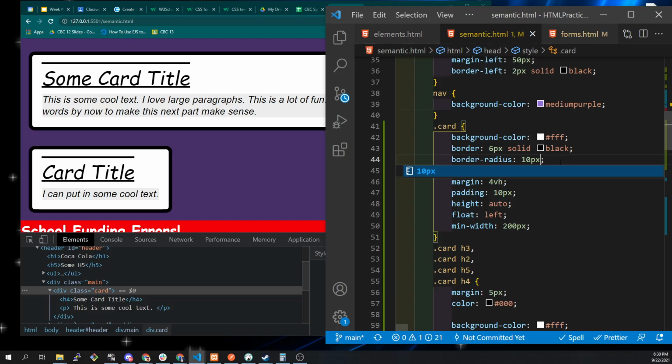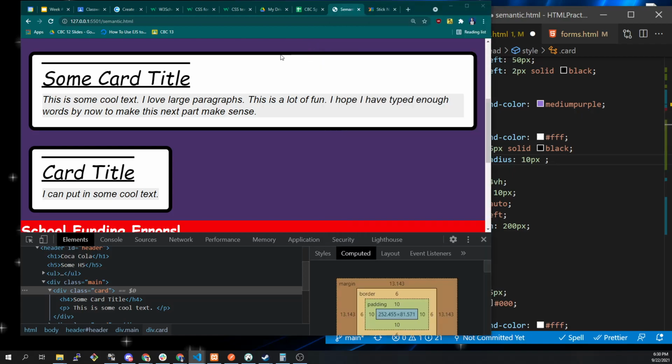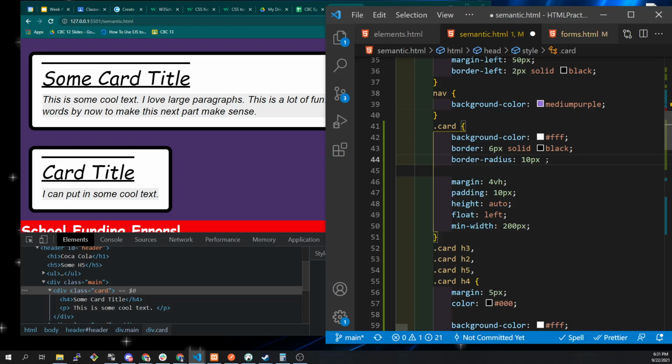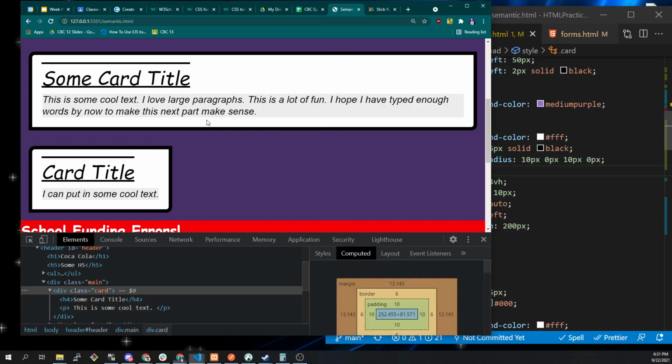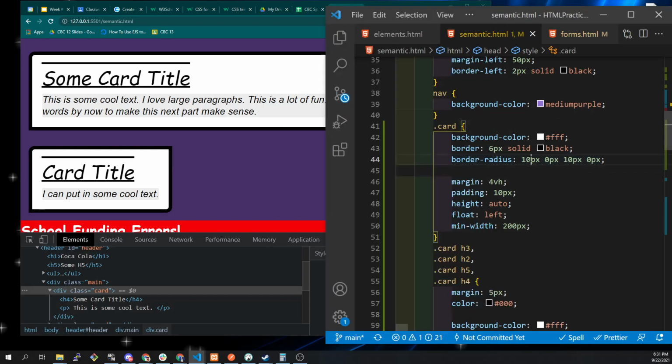It gave us a nice curve, but the format for all of these cardinal directions in CSS, if we wanted to do all of this in one line, is top, right, bottom, left. Clockwise from noon back around to noon, right? So if I do 10px, 0px, 10px, 0px, this is the top value, this is the right value, this is the bottom, and this is the left. If I save this, let's make it even bigger, 25,